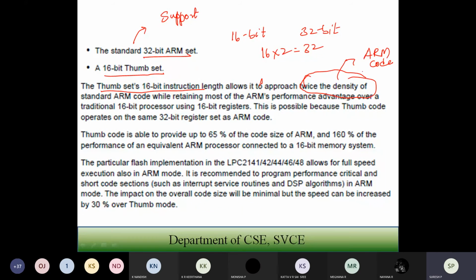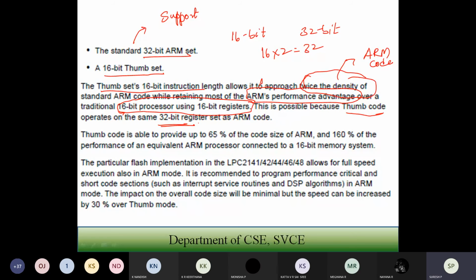But as we have discussed already, most of the ARM's performance advantage is taken over by a traditional 16-bit processor using 16-bit registers. This is possible because the Thumb code operates on the same 32-bit register set as ARM code.